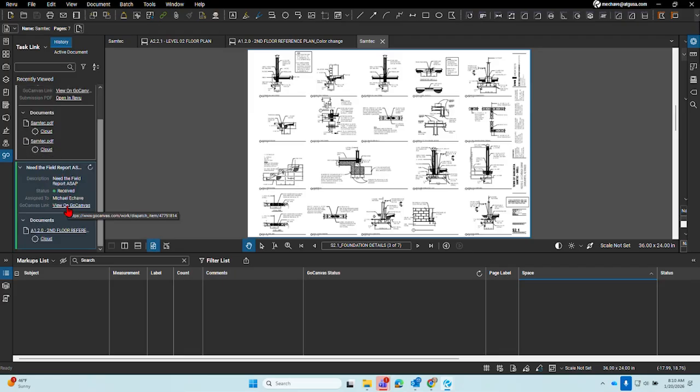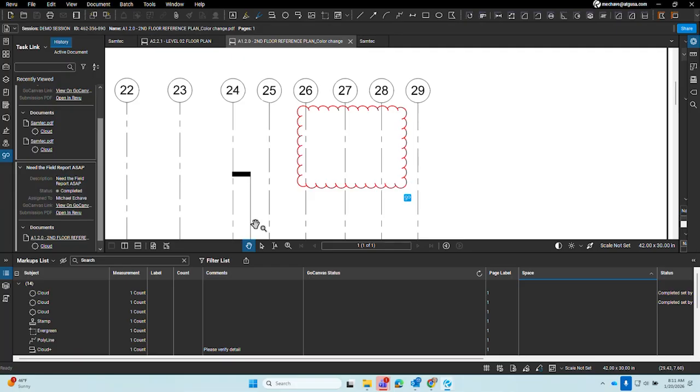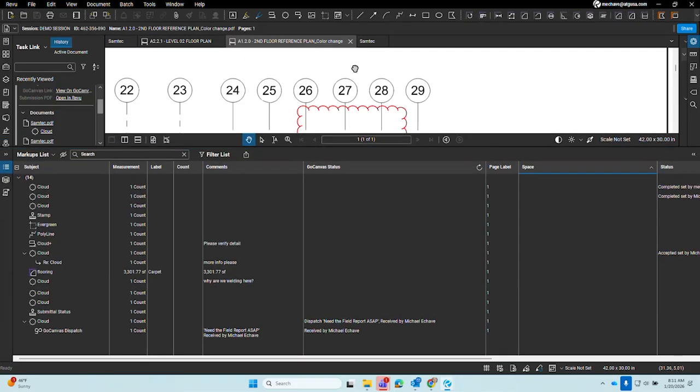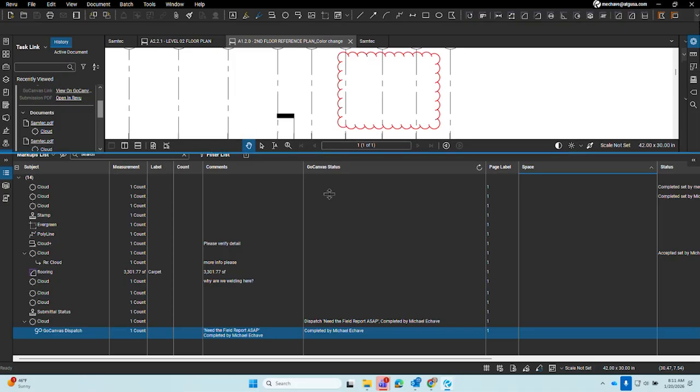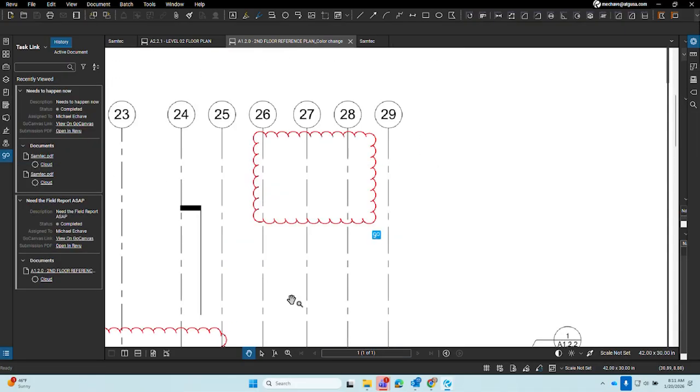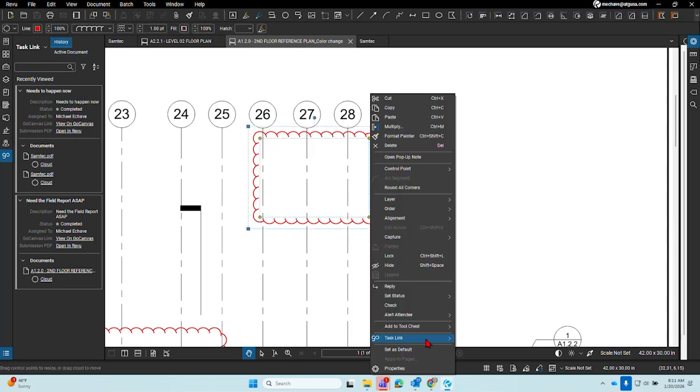So if I go through continue and hit complete, submit, that's when this gets updated from here. I hit refresh, it's completed. And again, in here, it's been marked completed. So if I go to this PDF here and in the markups list, you'll see that it was received and reviewed. And if I hit this, completed, completed, completed. Okay. So those are those workflows for the GoCanvas task integration and the ability to create a dispatch